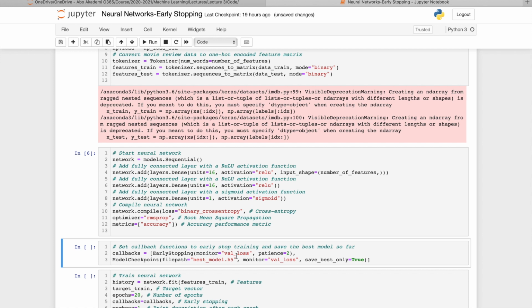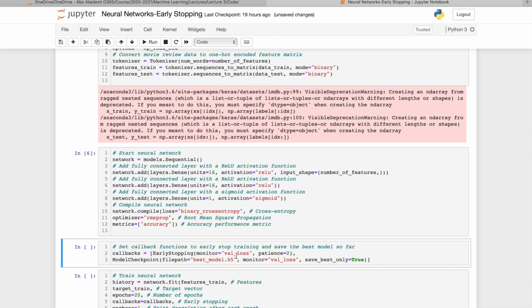Specifically here, we include early stopping that monitors loss functions. And what we are telling it is that we want our model to monitor the test, that is validation loss, at each epoch, and after the test loss has not improved after 2 epochs, so that is what the patience means, training is interrupted. However, since we set patience equal to 2, we won't get the best model, but the model 2 epochs after the